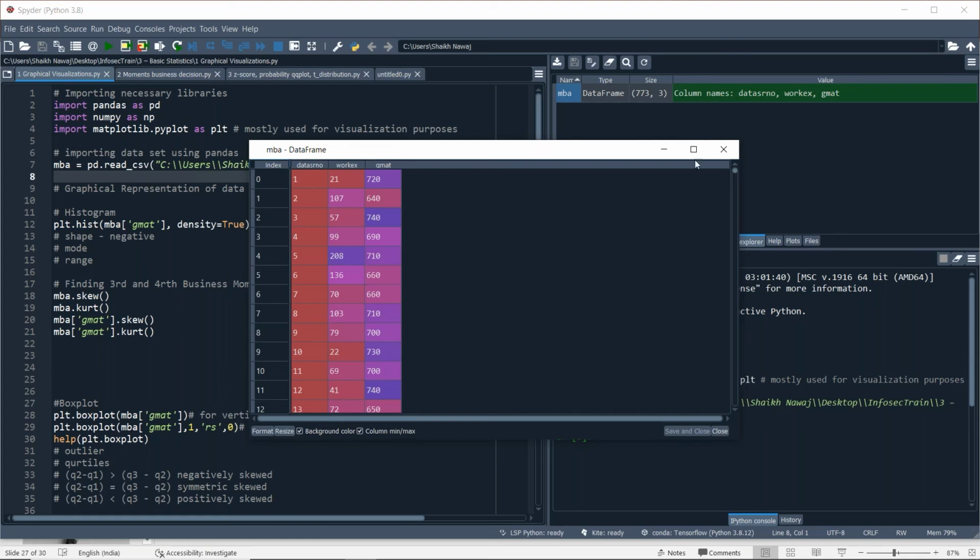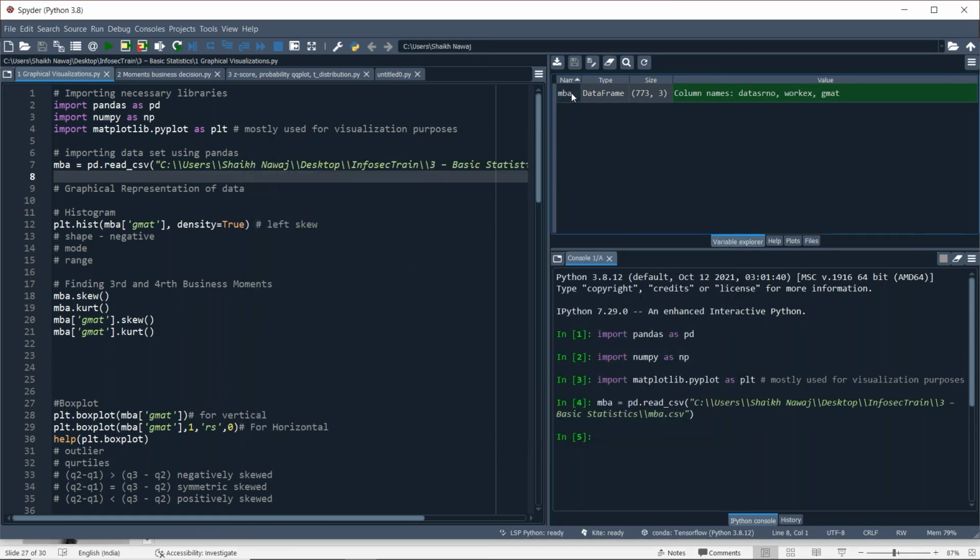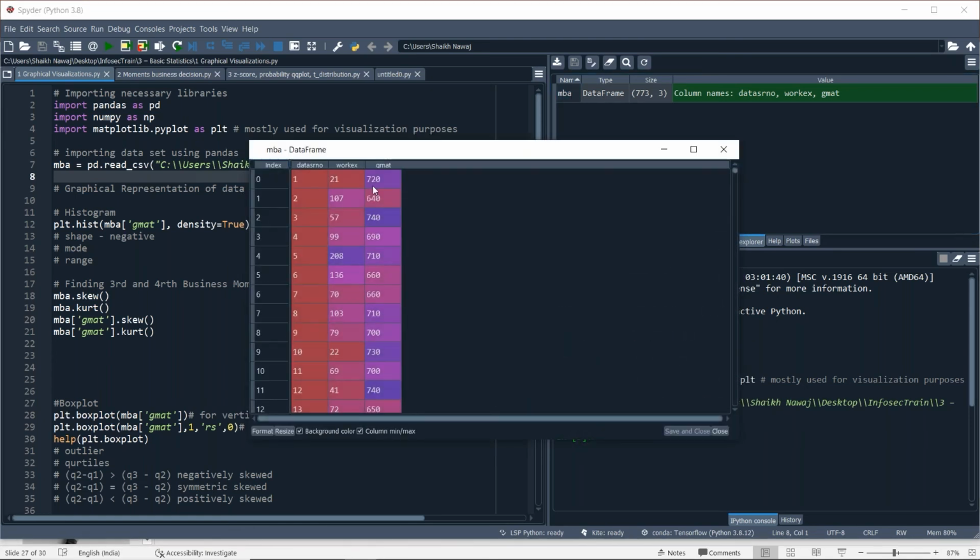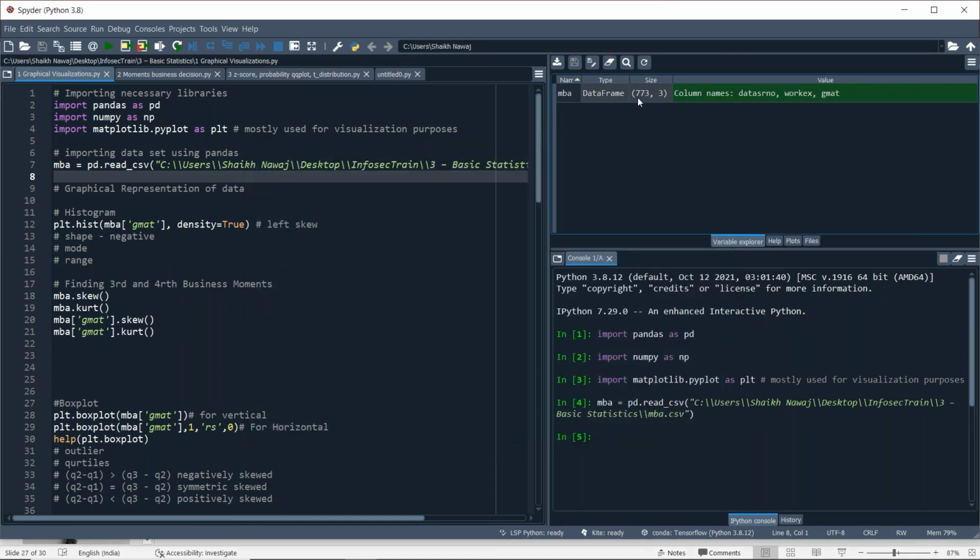The first column is the data serial number, the second is the work experience, and the third is the GMAT score. Here we have a total of 773 observations and only 3 columns.